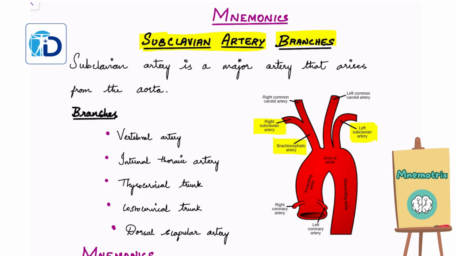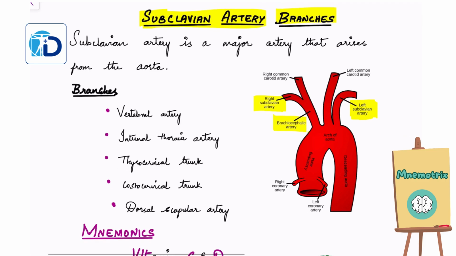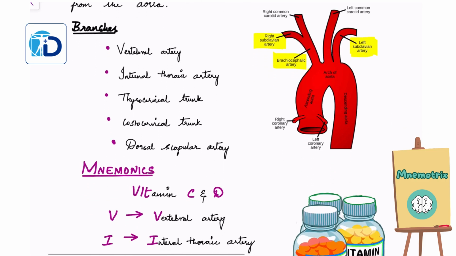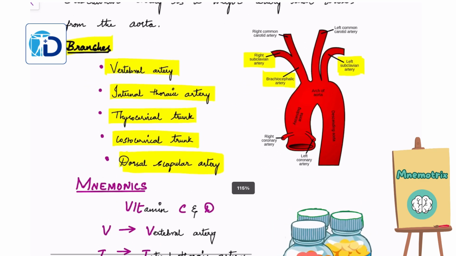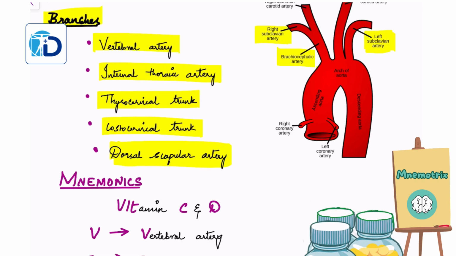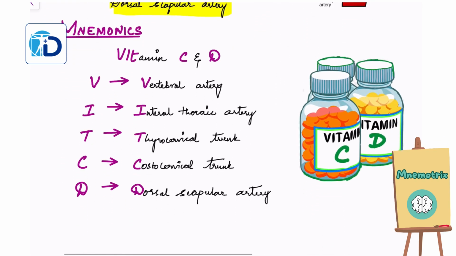And so here these are the branches of subclavian artery: the vertebral artery, internal thoracic artery, thyrocervical trunk, costocervical trunk, and the dorsal scapular artery. So these are all the main branches of the subclavian artery, and here is an easiest mnemonical way to remember